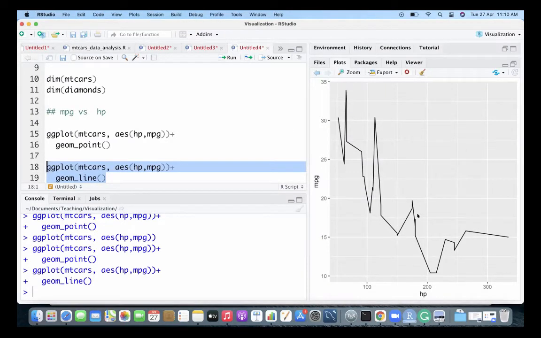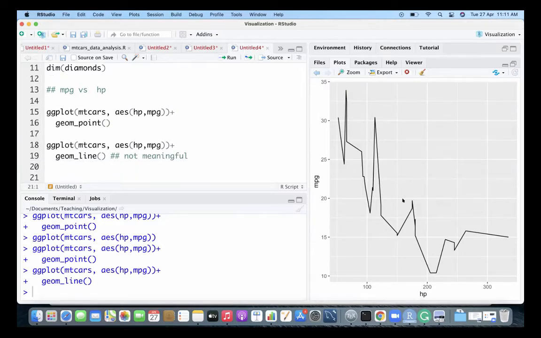But whether the graph is meaningful or not, that will depend on us. So we have to apply our cognitive skill, whether if I am drawing this line graph, it is meaningful or not. Of course, it is not meaningful. So what we will do, we will just say not meaningful.